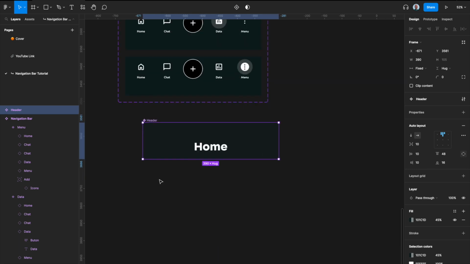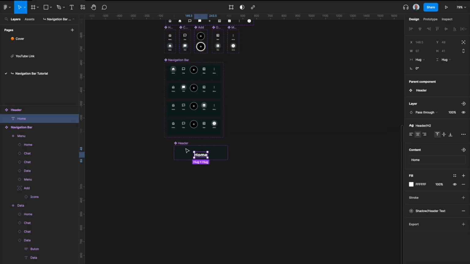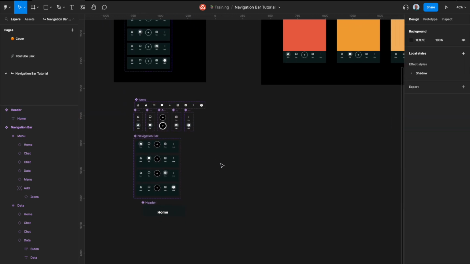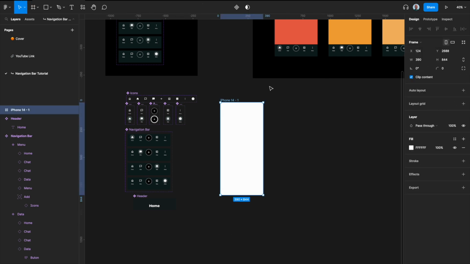Oh, I forgot one other thing. I made this shadow styling for the text because we want a little bit of shadow to make it more accessible for more users. All right, so now the easy part, we just hit A and we bring in our iPhone 14